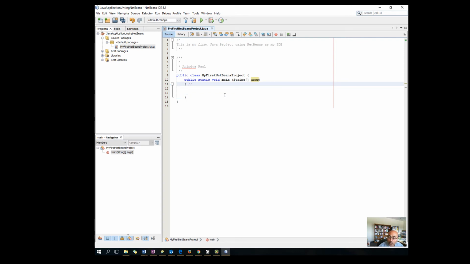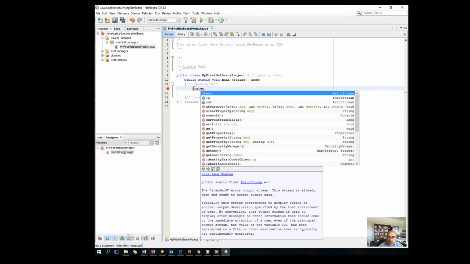Now if I want, I can also write my comment, which is something like opening main, and this one is going to be closing main method, and this is going to be opening class, and this is closing class. So right now I have the shell created, and inside now let's type some simple print command, which is